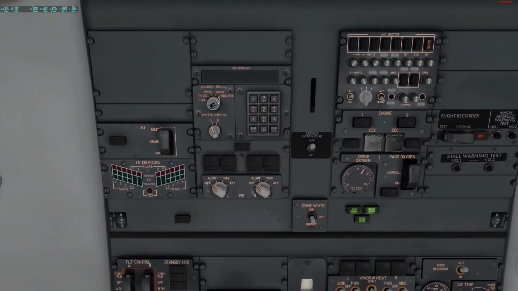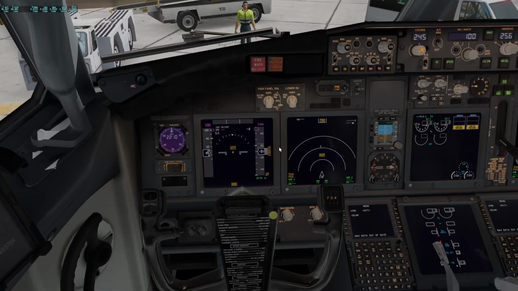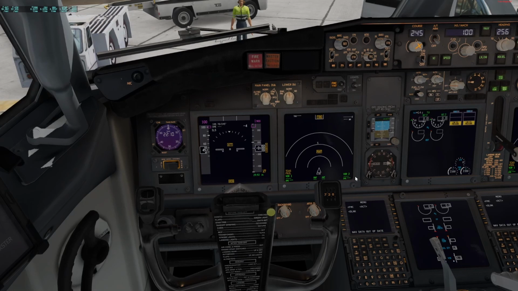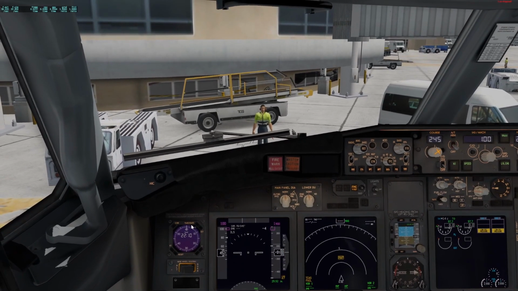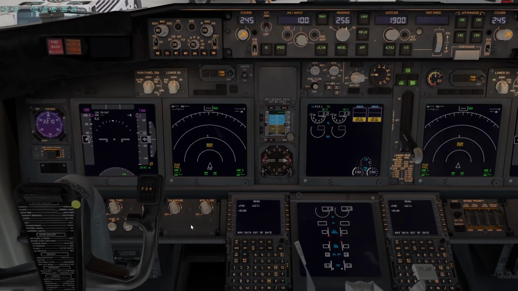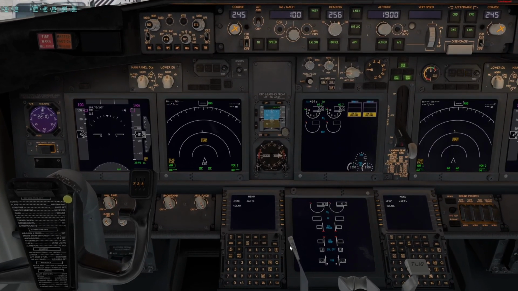This is what I told you before about the instruments. We need to get those instruments fired up, bring them to life, and then we can put in our route. So we're flying from